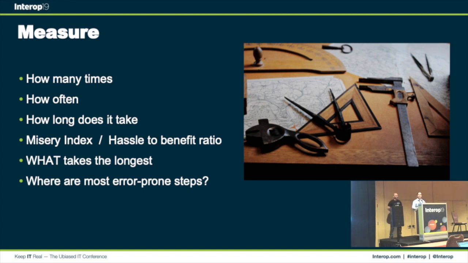So if we can speed up some of these other things that just don't really add value to your day, but have to be done, then you get to actually focus on networking. And I don't know anybody in the networking world that doesn't have a laundry list behind them of things that they'd like to do on the network. You just don't have time because you're stuck in all this process. So maybe that's something that we can do to keep things moving forward.